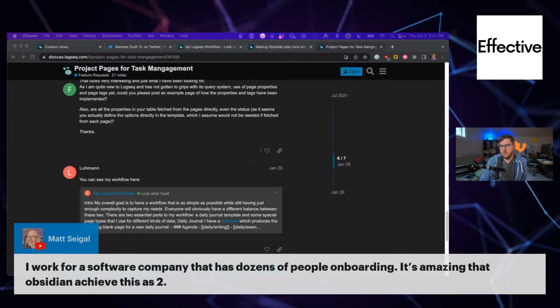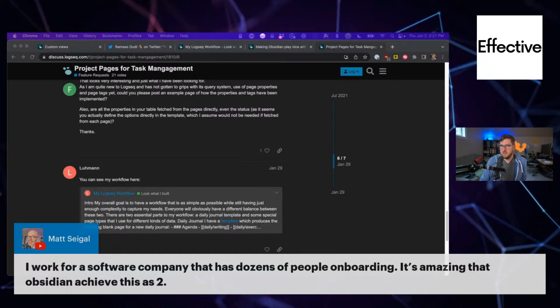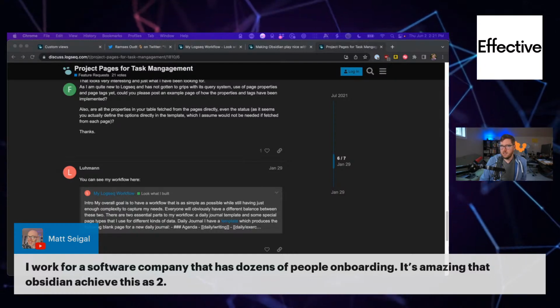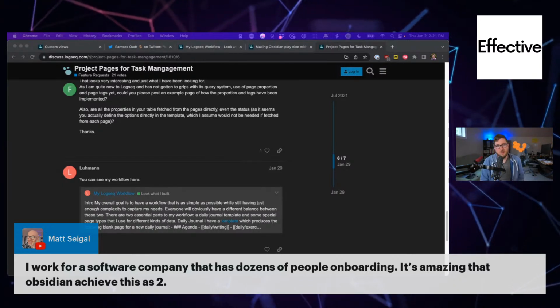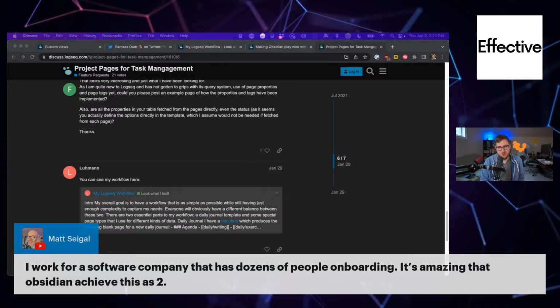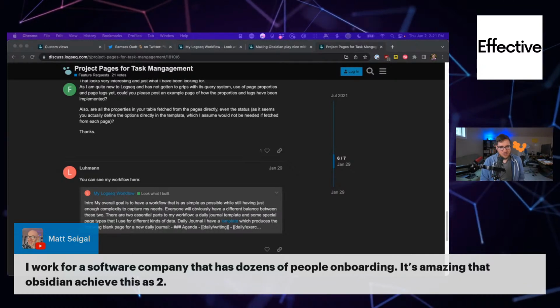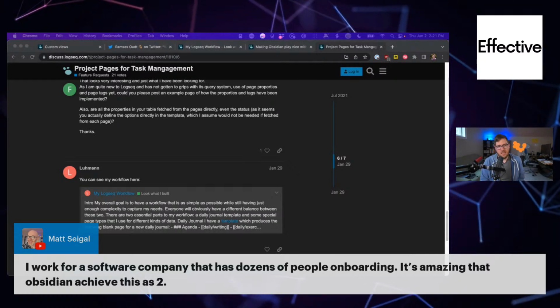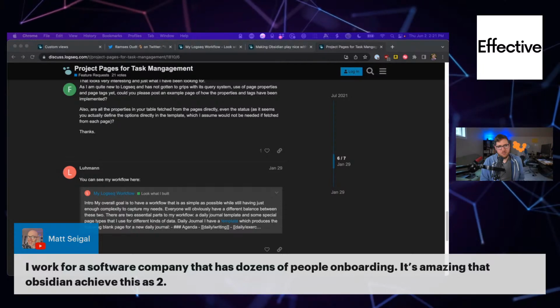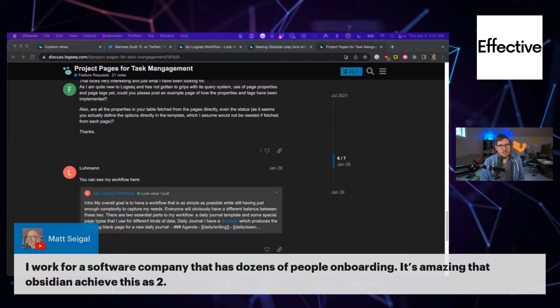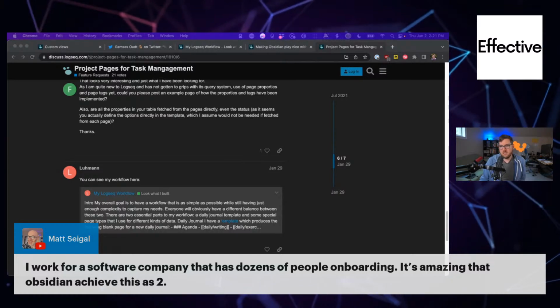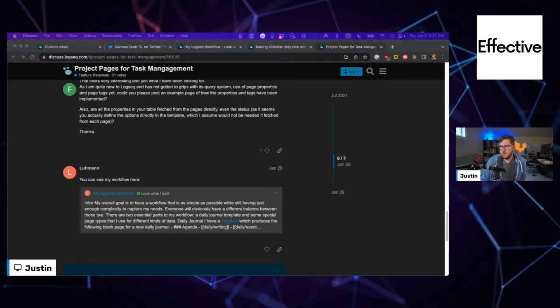I've worked in a software company as well, Matt, and it's insane to see what the devs at Obsidian have done in just a little over 2 years. It's wild. But being an Electron application, being largely just a front-end website in some regards, it makes it a lot easier to do that as well.